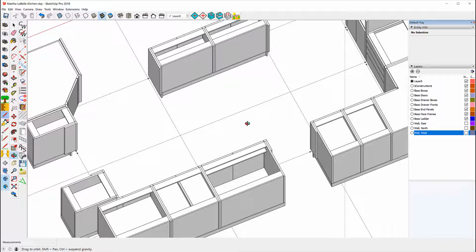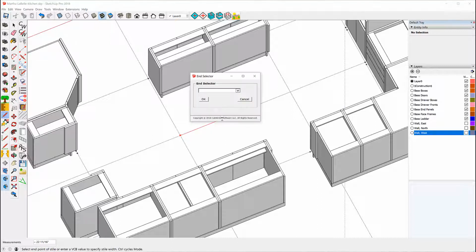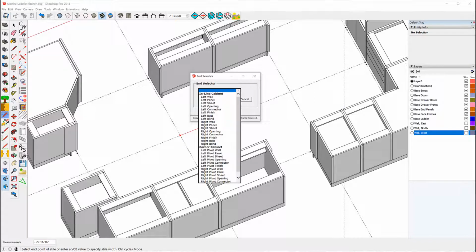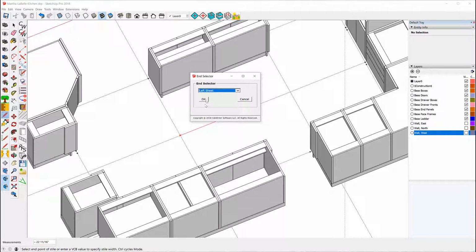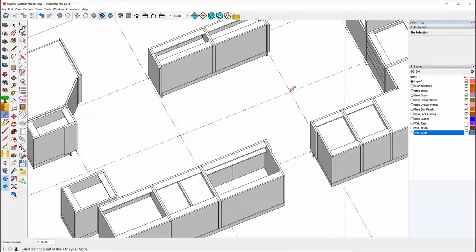There, that makes it a little easier. All right. So now let's go back to the story stick. Let's start here. This is going to be a left end sheet, a right sheet,